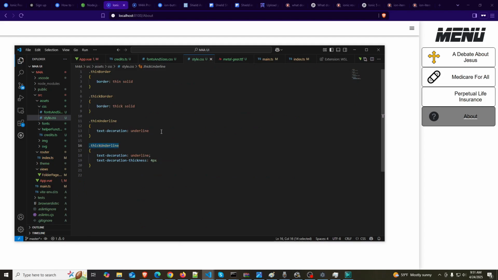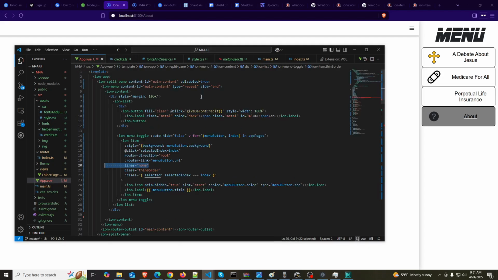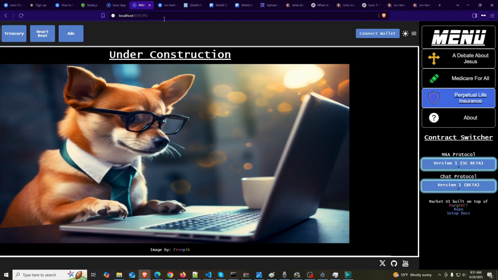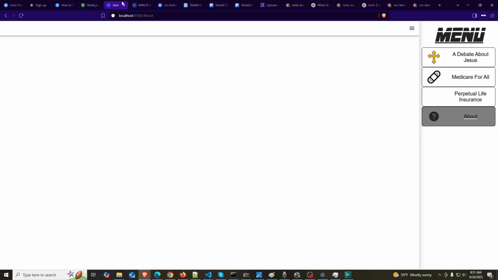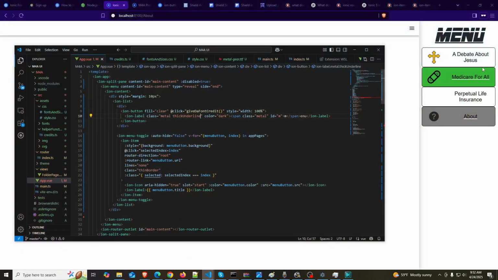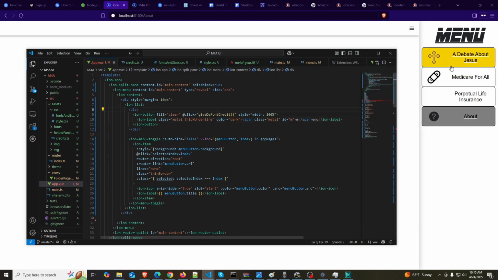This thick underline class is all we need. And we can just come in, add that to this, add it here. Now we have, just make it so it looks the same. So now we have our underline, but we also need a border. To add the border like the other ones, we can just add our class of thin border right here, and